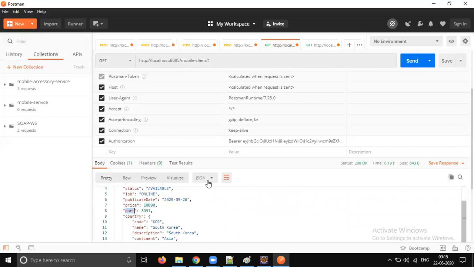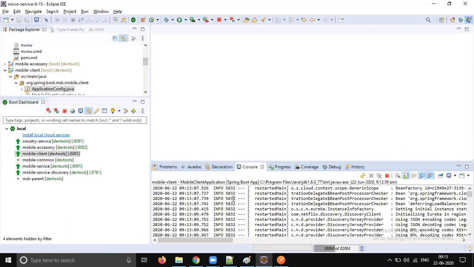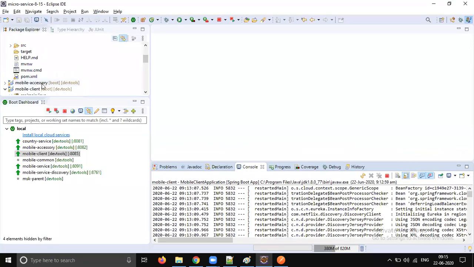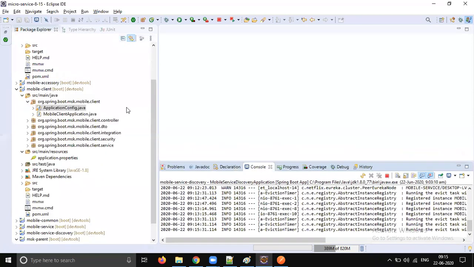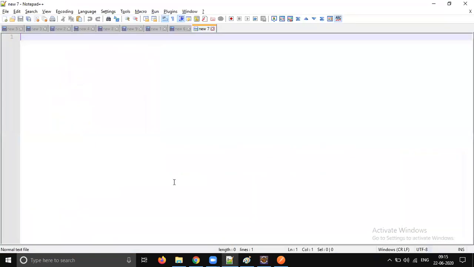I made one small change, guys. I just want to show you. I added a port in the mobile response, because I will start one more instance now, and I want to know from which port we are getting the response. To get the port of the server, there is one default system property available on the server.